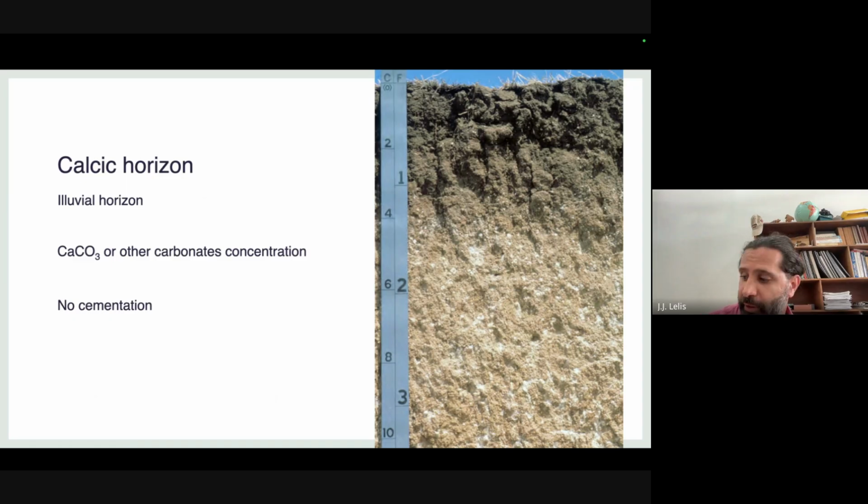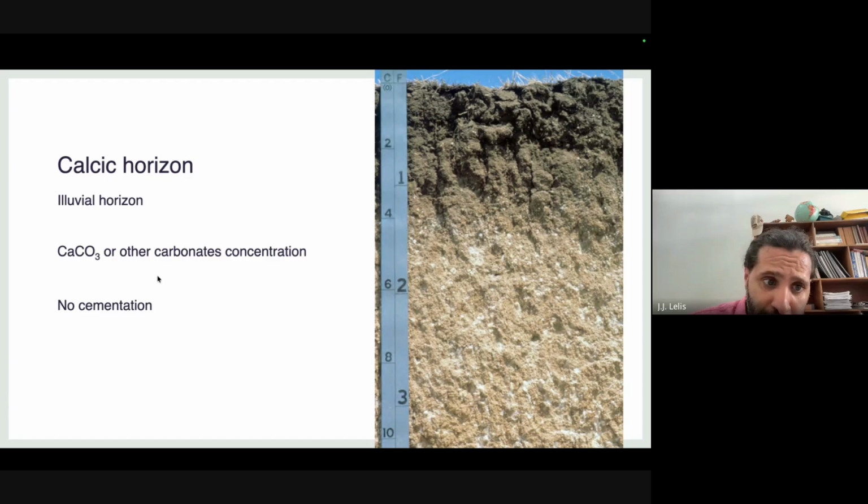Now we will talk about the calcic horizon. The calcic horizon is a horizon that also expresses a concentration of something, but especially calcium carbonate, okay? So it expresses some calcium carbonate concentration. In some cases we also register an increase of clay content, and because of this increase of clay content,